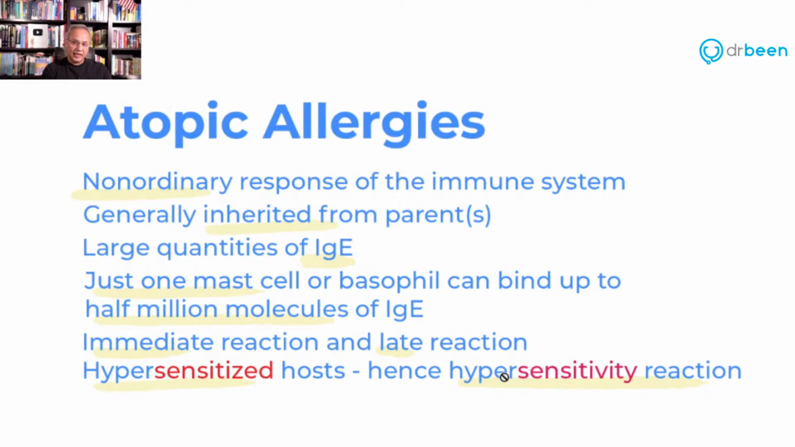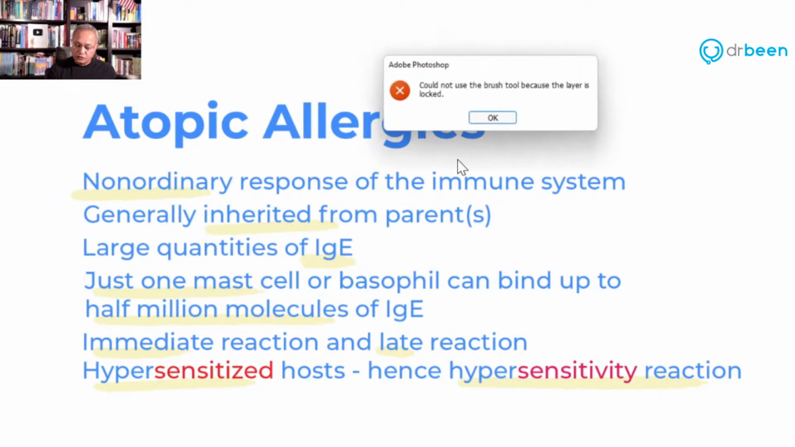It is also called atopic allergy because it is an abnormal response. It is not an ordinary response. It is not a normal response. And some qualities of this: it is generally inherited from parents. It usually involves